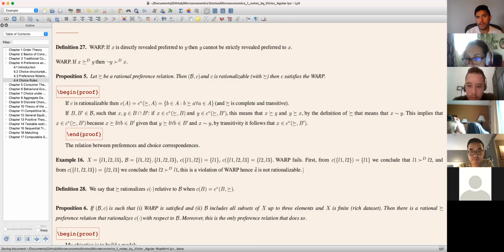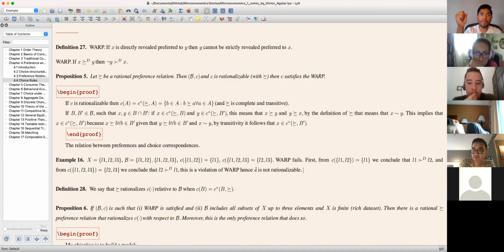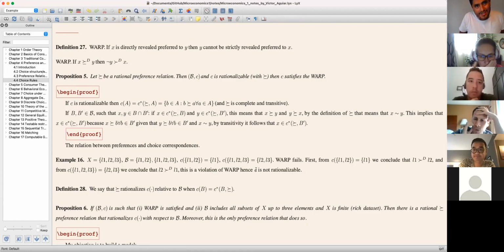Okay, so that's just the conclusion, right? Because if you're rationalizable, then WARP, then it means that if not WARP, you're not rationalizable, right? Just the contrapositive. Understood? Okay. Yes. So that's great, right? So actually I created a test that just needs 2 menus, and I can tell you right away if you're